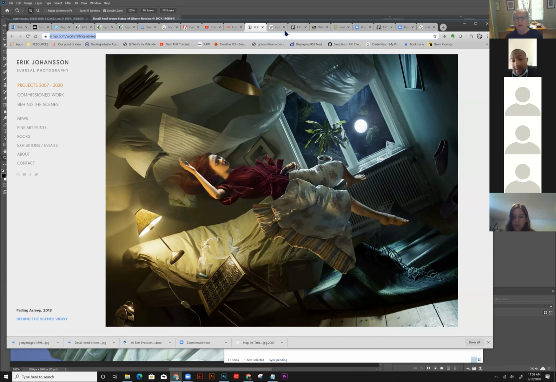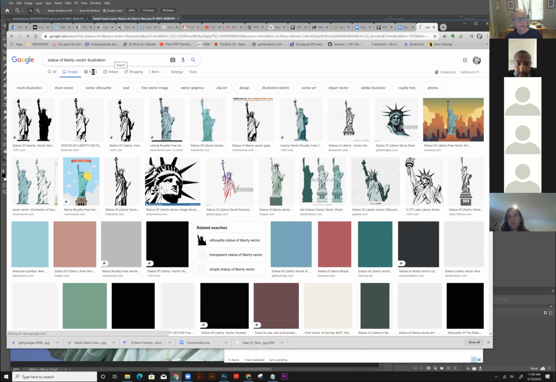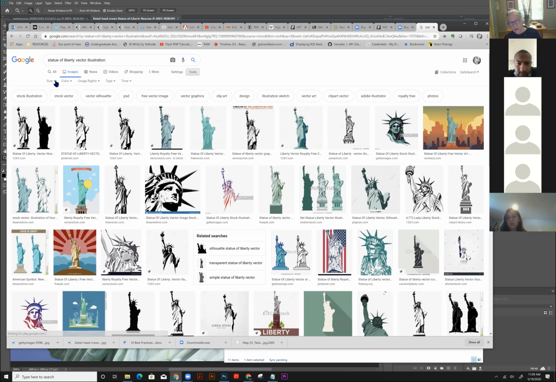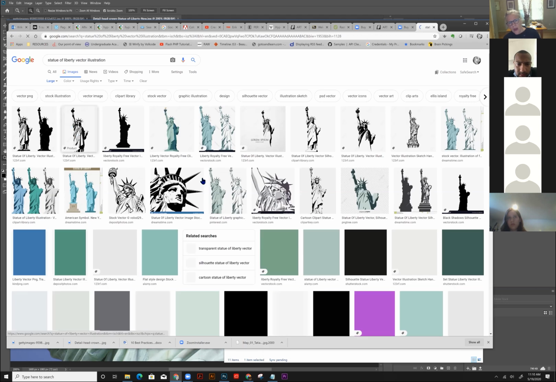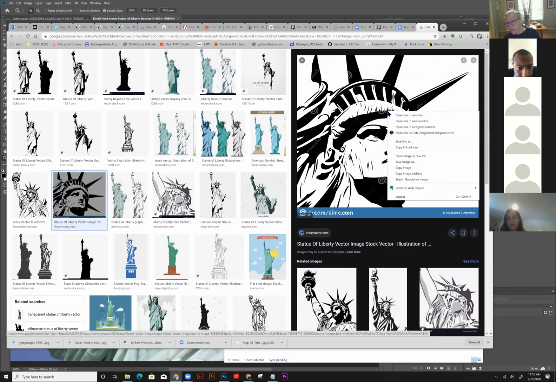So it's less than a minute, but if I was in Google, when you say images, you go to tools right here on tools, and you go to size, and you want large. And then this will give you your image, and that's when you right click and you can save your image. We'll come back and show you how to give credit if you're not using copyrightable material and so forth. And so that's why this site here